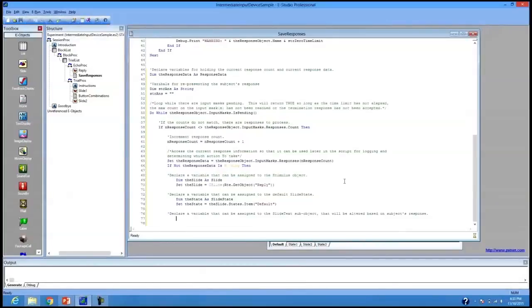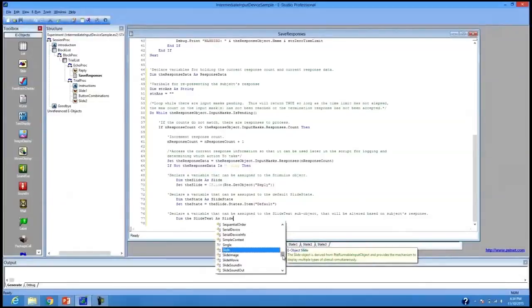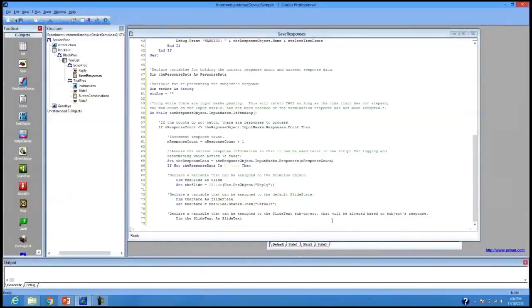So we're going to dim the slide text as slide text. You'll see that shows up as well as an option. And now that that's a variable, we're going to actually set the slide text. Oops. Sometimes I put spaces where you don't need spaces. The slide text. That's why it's good we're typing it out together so you can kind of see the specific way I'm typing it. But now we're going to set the slide text